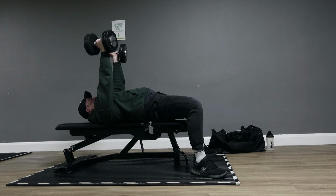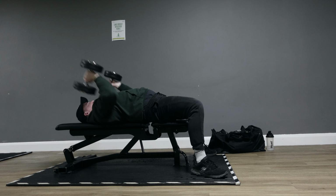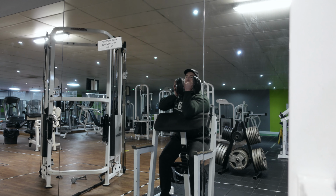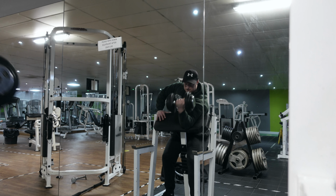So the next exercise is the dumbbell preacher curl. The effectiveness of this exercise really depends on the setup of the bench, the angle of the pad. Some of the pads are just too flat, they're not vertical enough, and really almost a waste of time, to be honest. They force your arm into a very uncomfortable position if you don't manipulate your torso around the preacher